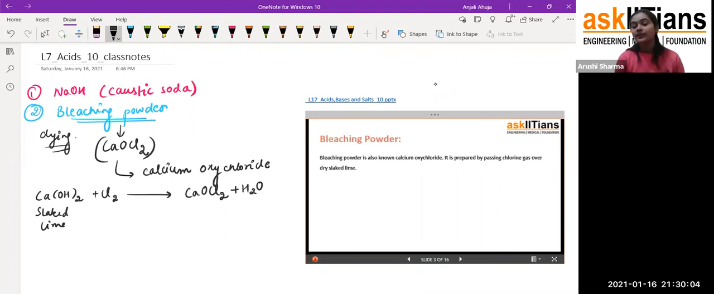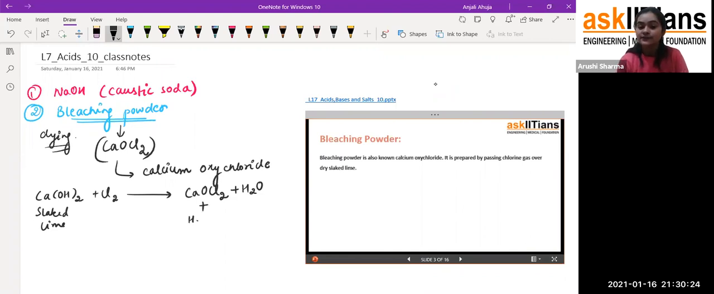Now I have already told you what the uses of the bleaching powder can be. Generally we use it for coloring clothes or dyeing purposes. But one of the most important uses of calcium oxychloride is, students, that